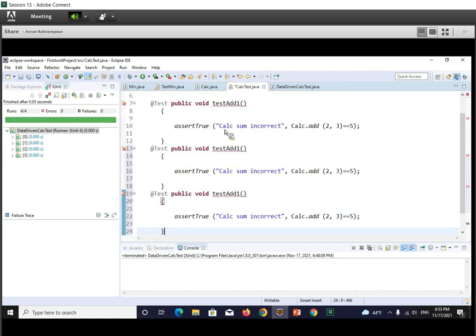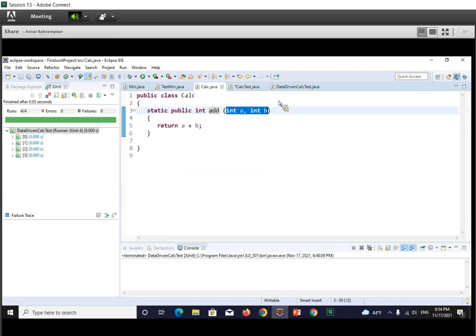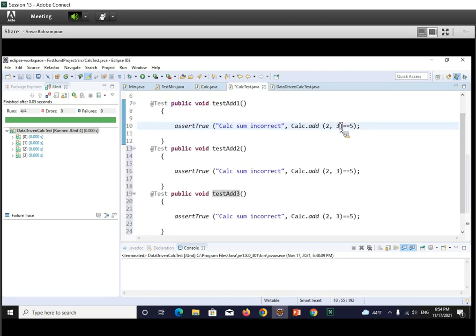Each time in our assertion we call the method under test with a different test case, with different test data. For example, in the test method addition 1, we call the addition method of the calculation class with 3, and in test addition 2 we call this